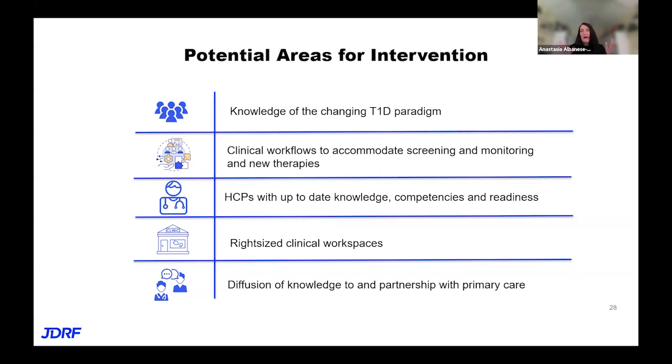feasible. And then I mentioned earlier, right-sized clinical workspaces. The clinical space I worked in for 14 years at the University of Florida, that building was built in 1990. The DCCT completed in 1993. That building wasn't even set up to download data from devices or to have telehealth visits. And now we are adding screening, staging, and early detection, and then therapy. So we've got some work to do in thinking about what does that medical home look like for type 1